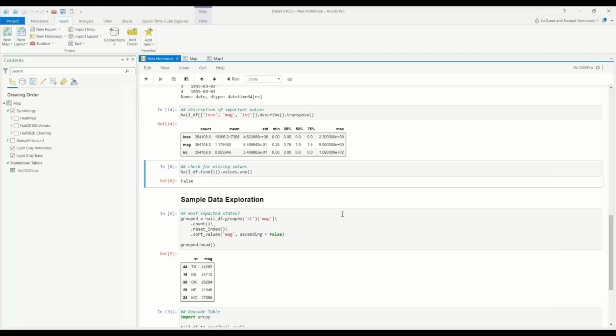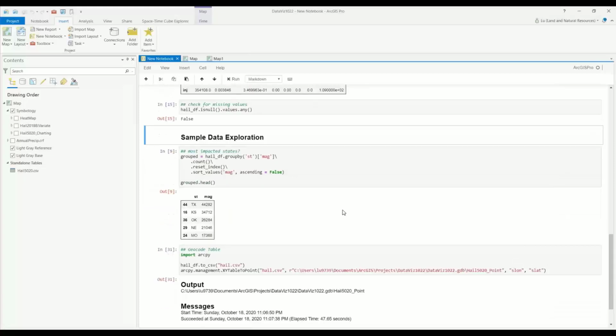If I wanted to impute missing values, I can go ahead and check for it. Well, in this case, we don't have any missing values. And we can take a look at the most impacted states by grouping the count of the hailstorms by state. So from this analysis, we can see that Texas and all these Tornado Alley states have